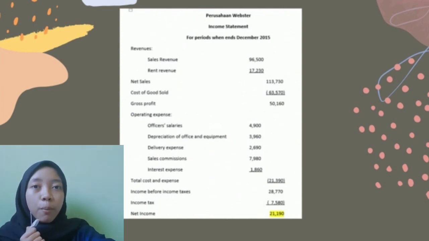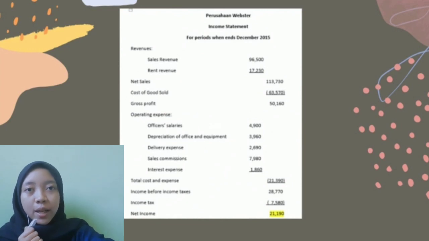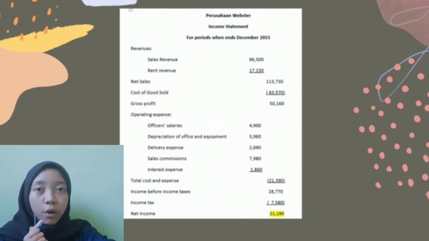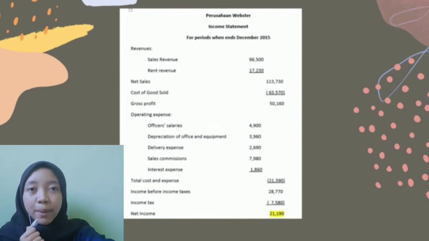And then operating expense. Operating expense is office salaries, depreciation of office and equipment, delivery expense, sales commission, and interest expense. So, operating expense is